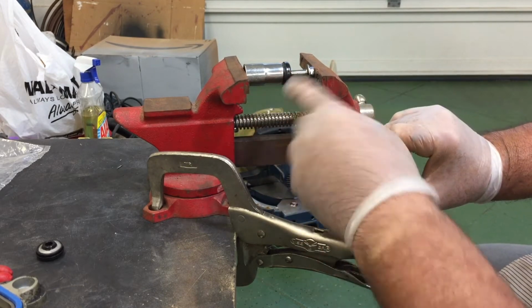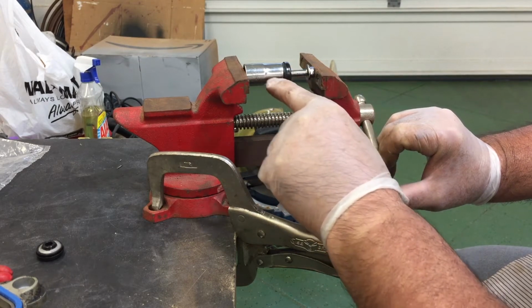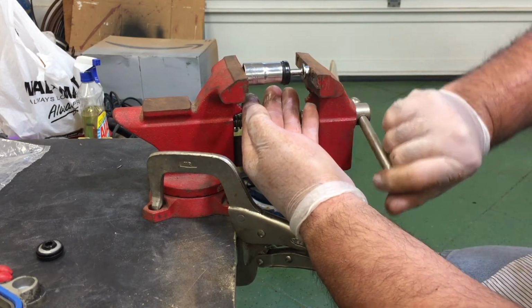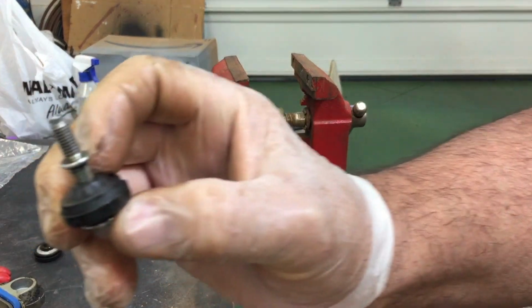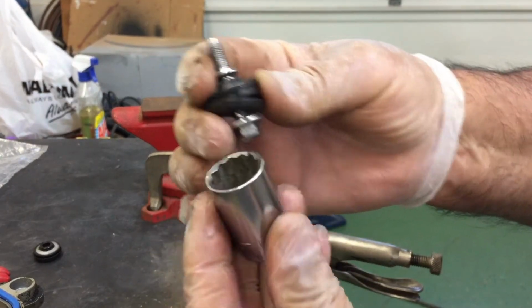So now you're compressing the bolt into the rubber seal, and it'll go inside the socket. Once it gets inside of there, usually the socket will just drop down. So now you're just compressing that bolt into that rubber, and it falls in your hand, and then it's all done. It's pretty quick, it's pretty simple. I'll do it again. Take your socket,